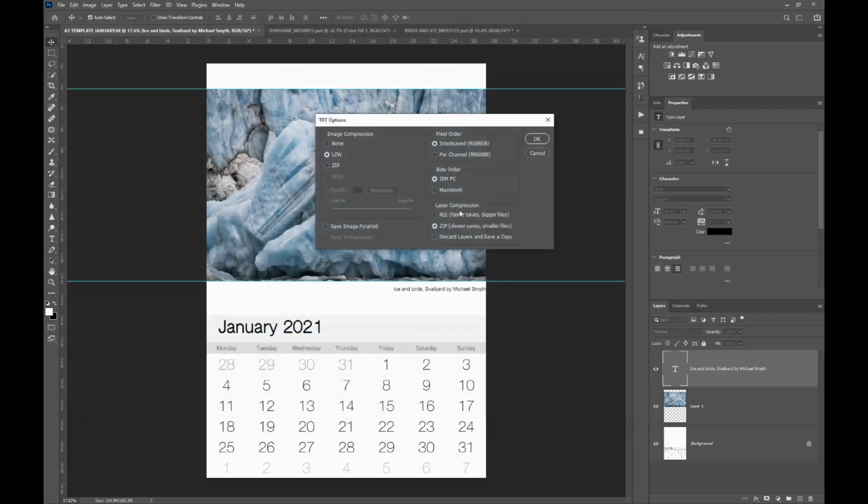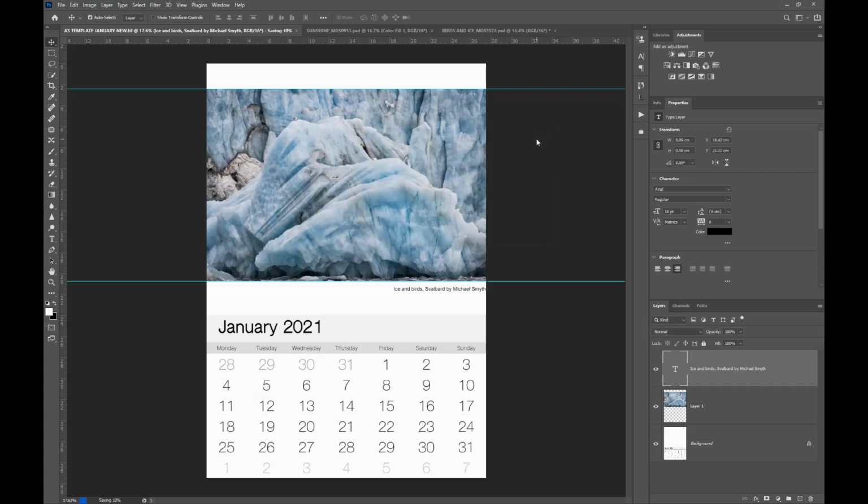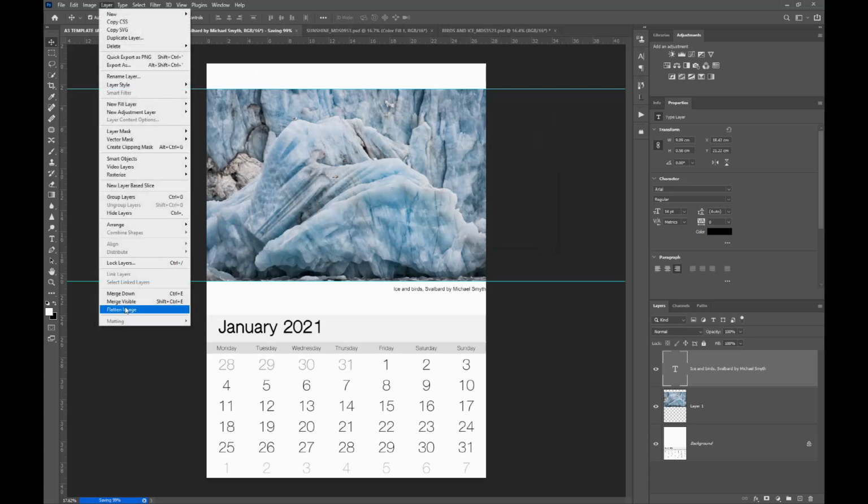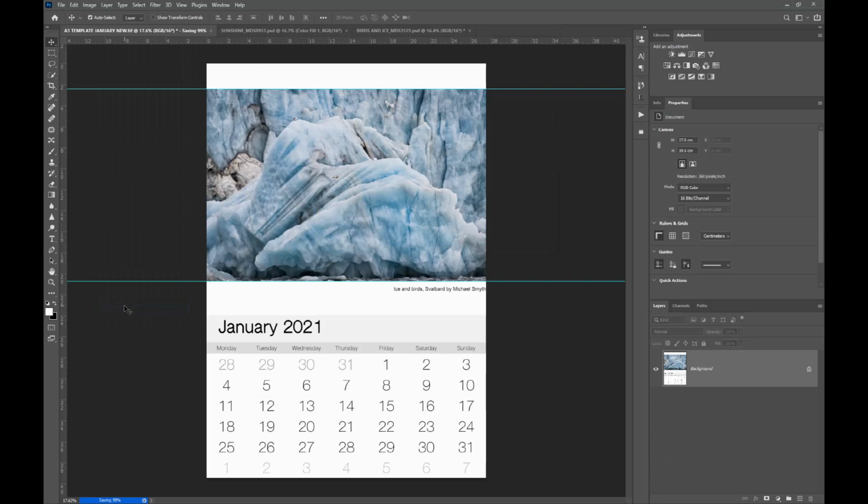Save that, and then when you have the TIFF options opened up, what we would do is say no compression now, because if we compress the image again, we may lose some detail in our image, and because it's going to be on your computer, it doesn't need to be a small image. Simply click OK, and then prior to printing we would simply flatten this image. It's already at the correct size and pixels per inch for printing,